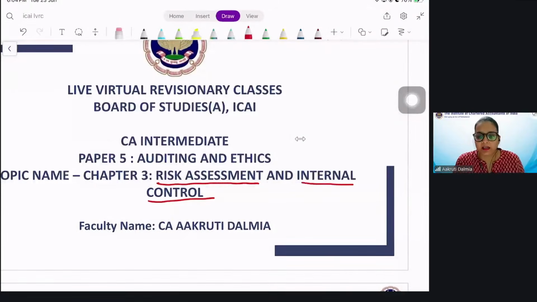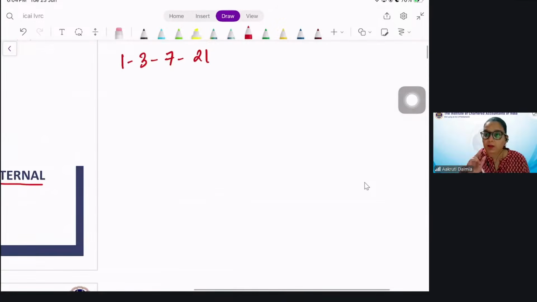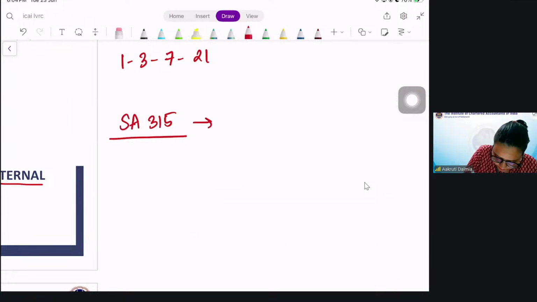All right, let's get started now. Risk assessment and internal control. First, before we start, can anyone tell me what is the name for SA 315? What is the name for SA 315? Write down in the comment section. I'll give you 10 seconds. Because this name is very important. It will be used in a lot of